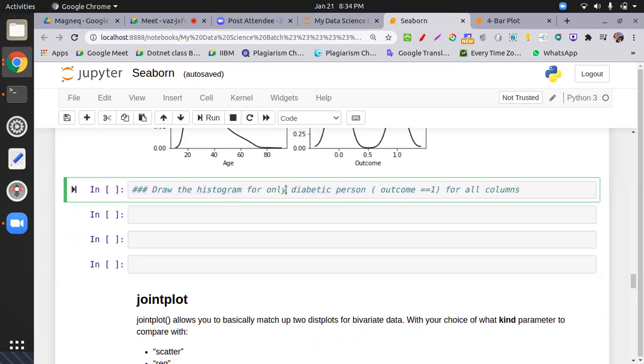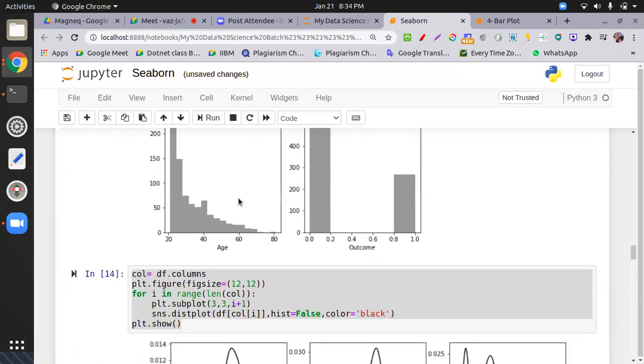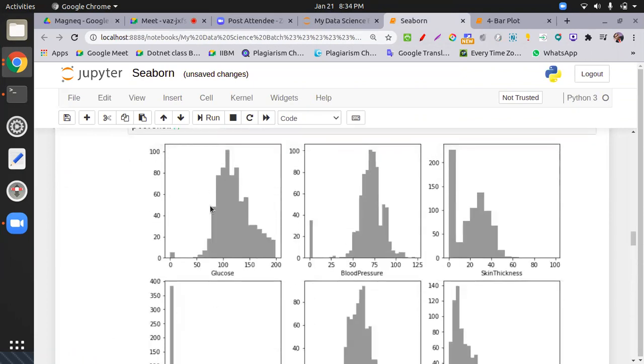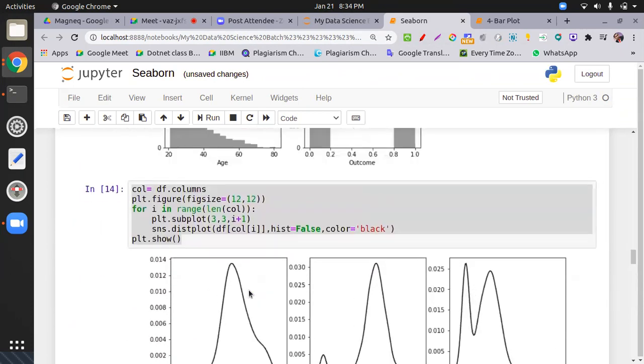You got what task I gave you to do. I just need to show only the diabetic persons. I want to analyze the diabetic person behavior, because in this behavior we have a mixed approach. When you see a different approach for diabetic and non-diabetic, you see different kinds of things.